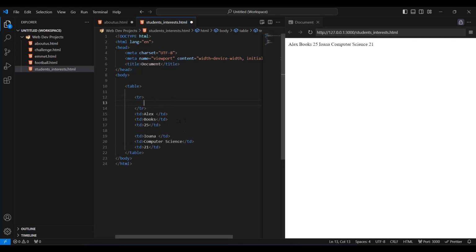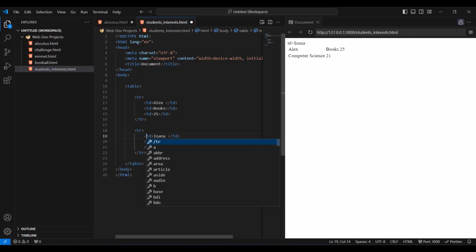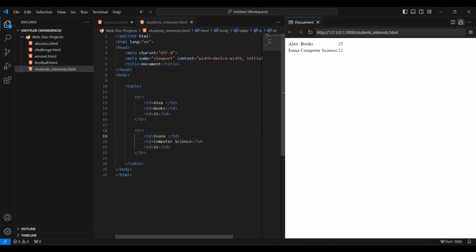I'm going to copy this and paste it here, the same here, also tr. And as you can see, now they are grouped together in distinct rows. We have the first row, then we have the second row.